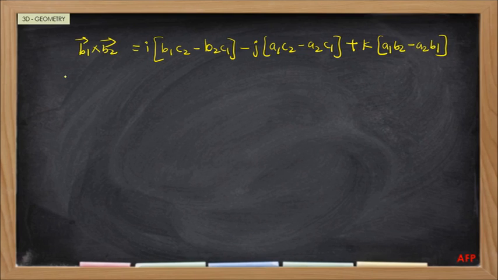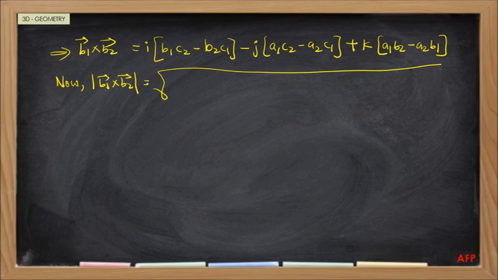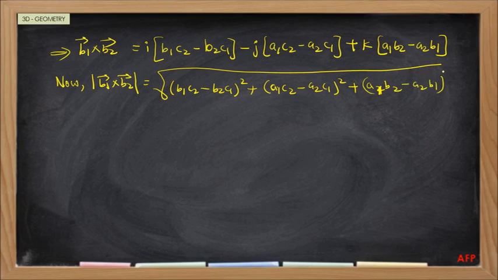Okay, now you have to find the magnitude. The magnitude is nothing but the square root of the coefficient of i squared plus the coefficient of j squared plus the coefficient of k squared. Okay, so therefore